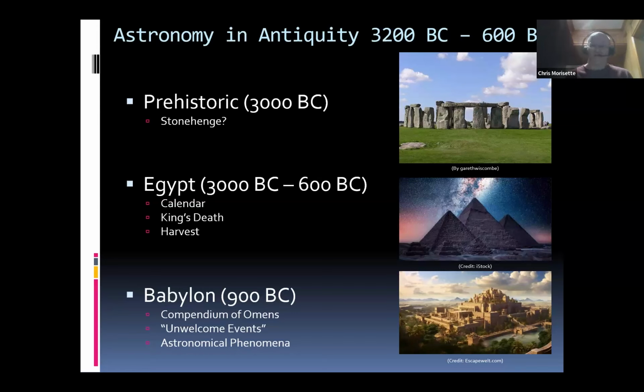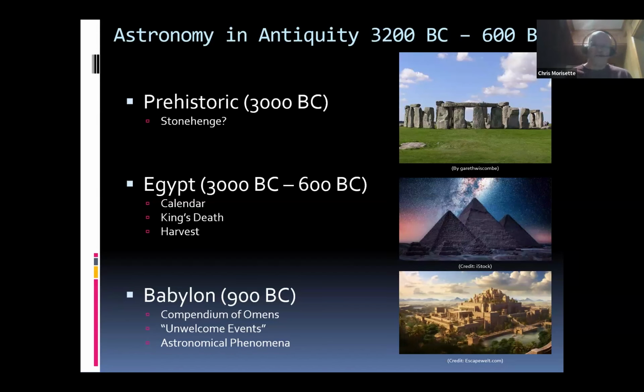But some line of debate and discussion says that this was a funerary monument that included a celestial observatory, and there were stones that marked the rising and setting points of the sun at the solstices. So there is a hint just by the physical nature of the structure that astronomy was related to Stonehenge.